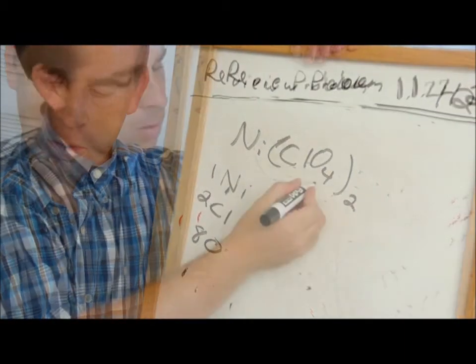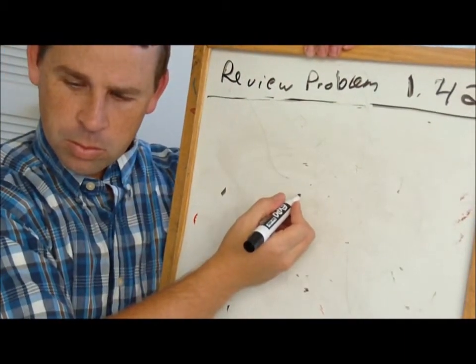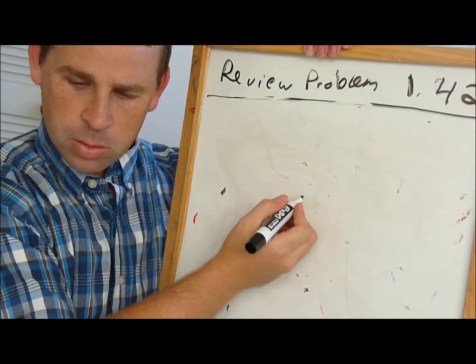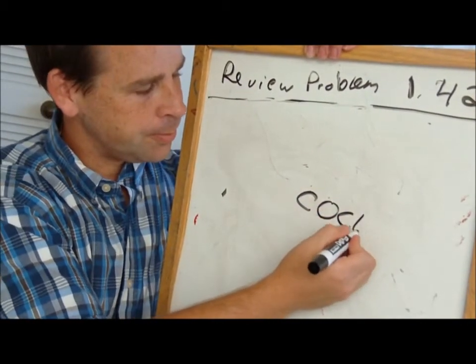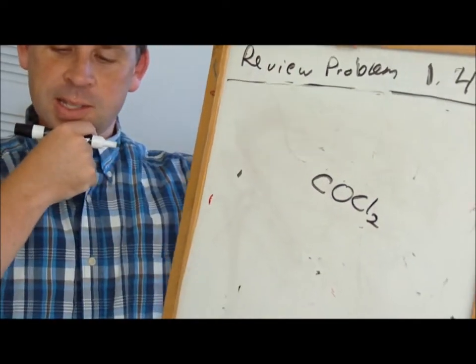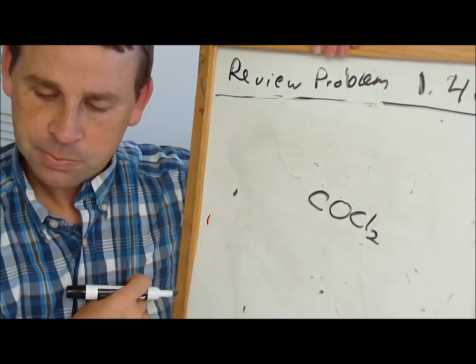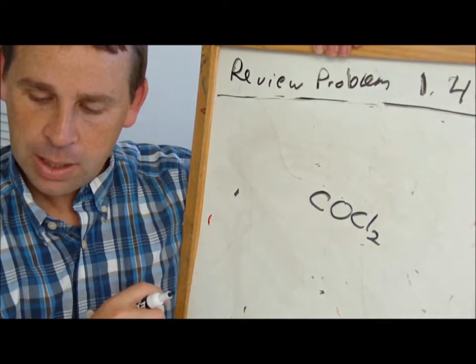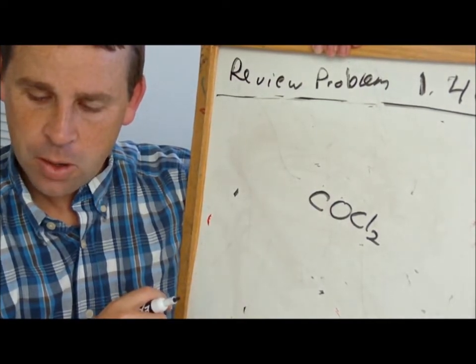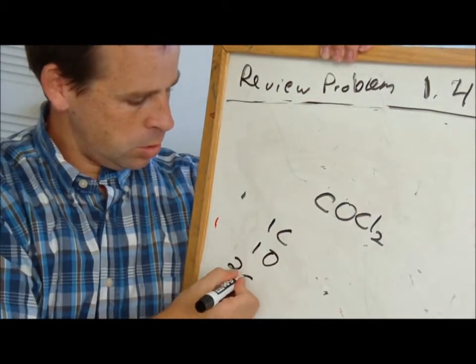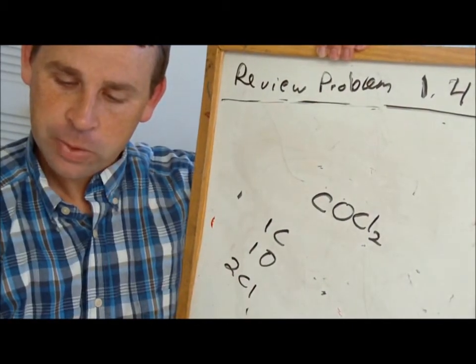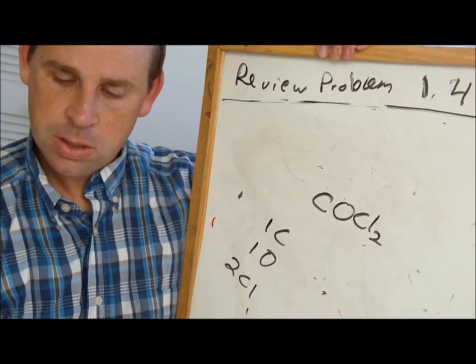This compound here, COCl2. Alright, this is an organic compound, and there's 1 carbon, 1 oxygen, and 2 chlorines. The next one,